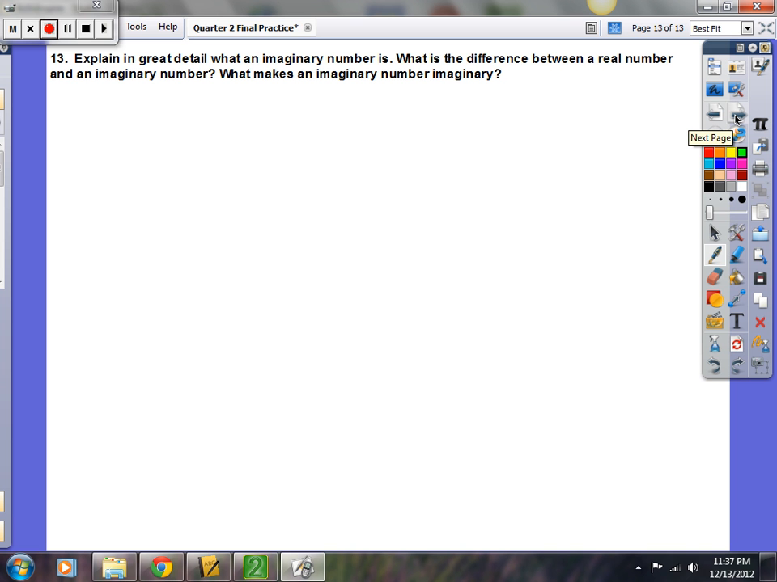Last question. Okay, what is an imaginary number? What's the difference between a real number and an imaginary number? What makes an imaginary number imaginary? It's this right here. What number squared is going to give you 4? Well, the answer is going to be 2, because 2 times 2 is 4, or it's going to be -2, because -2 times -2 is also 4. That's the real world. The imaginary world is this. What number times itself is a -4? And this is imaginary